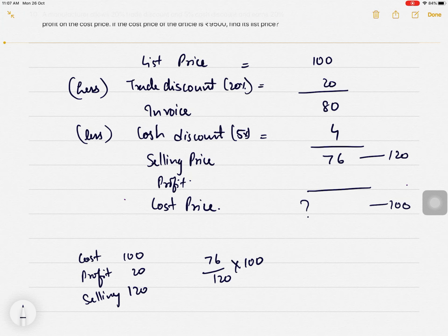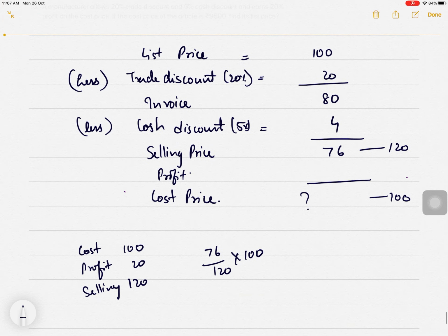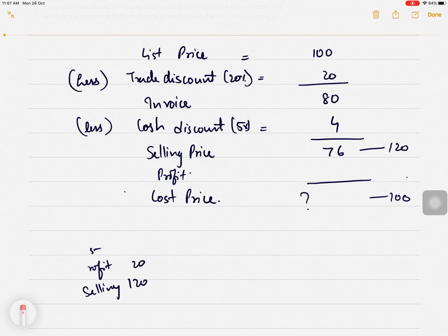Okay, you don't need to do this actually, because the cost price of the article is given as 9,500, find its list price. Okay, you can just find it without doing this. Without solving like this, what we can do is,